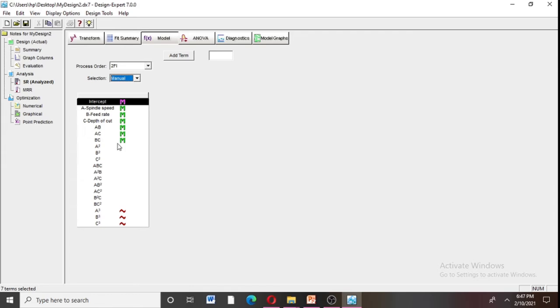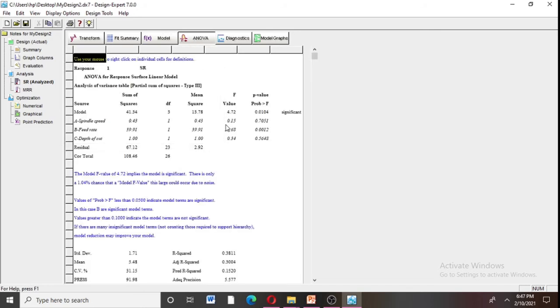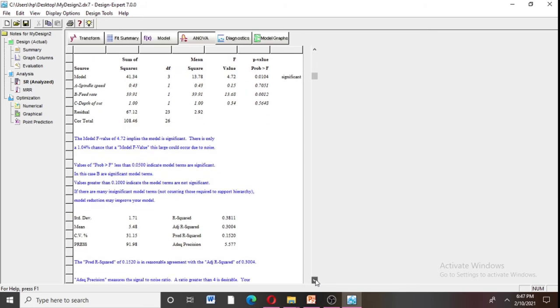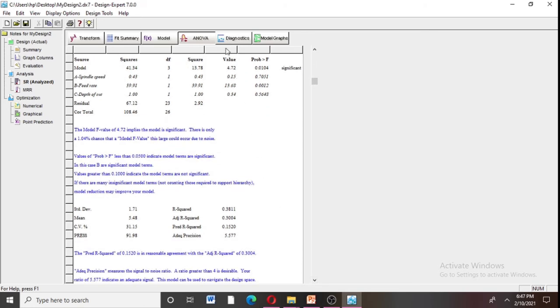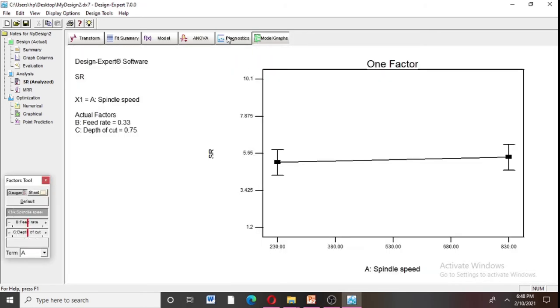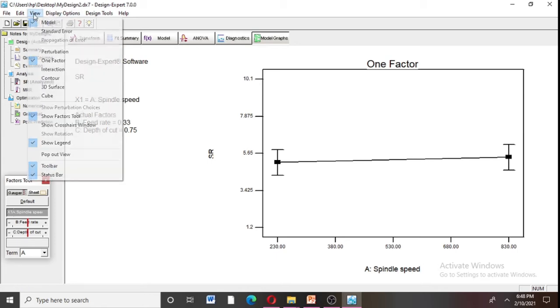After that you may further reduce your experimental investigation. So now you may get the significant result. Likewise, you may decrease or increase your model values. Like you can get these kinds of values. After that you go for model graphs. In that you go for view graphs. In that you may convert it into